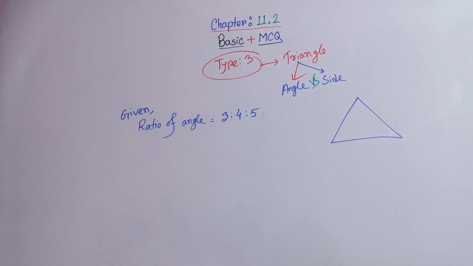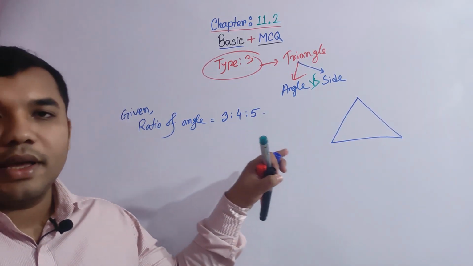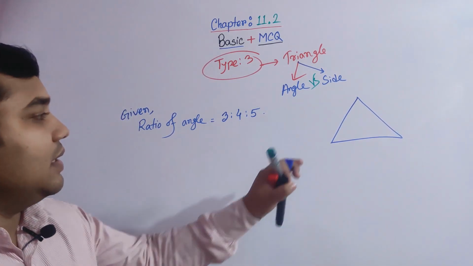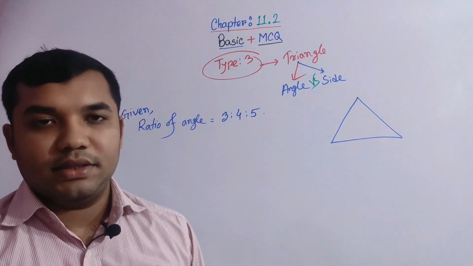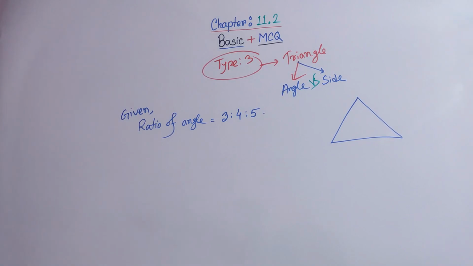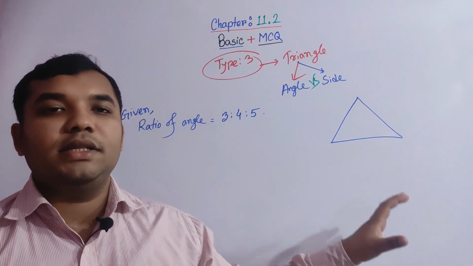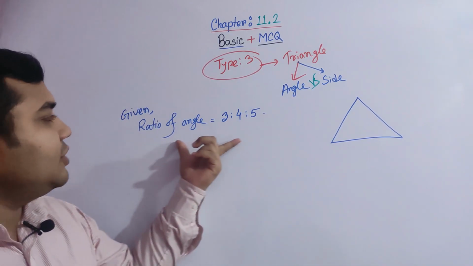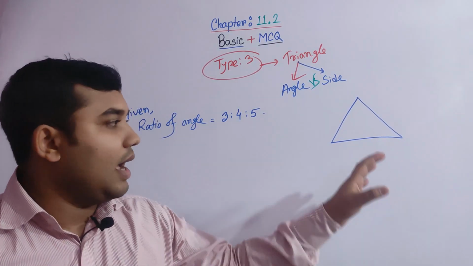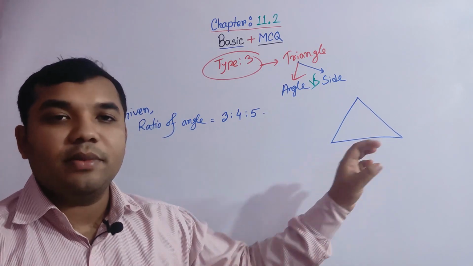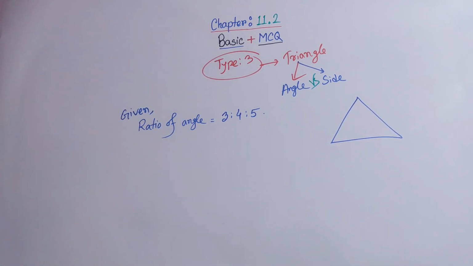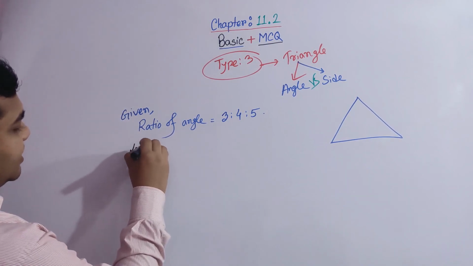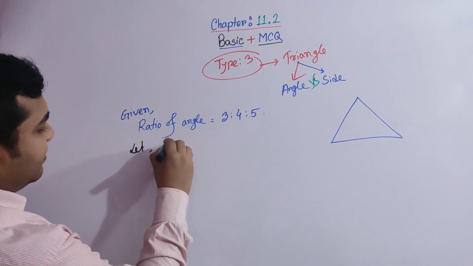So what is given? Given the ratio of the angles, we need to find what will be the sides. If we have to think about this, how can we go about it? To show which side is bigger and which side is lower, first of all we have to find the angles. From the ratio of the angles we have to find the measurement of the angles of the triangle, and for that we have to make an assumption: let the three angles be